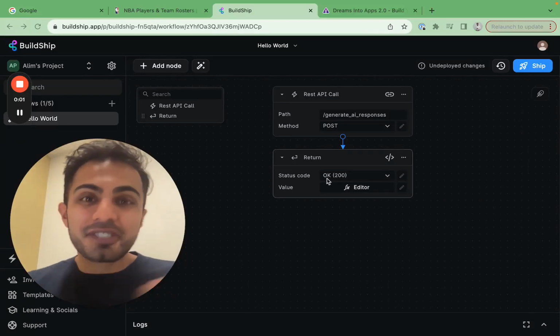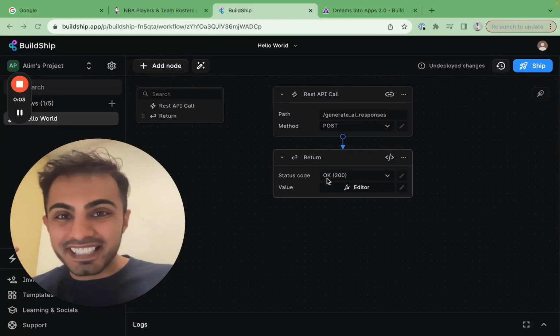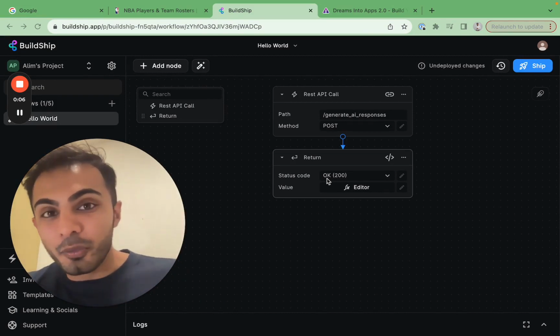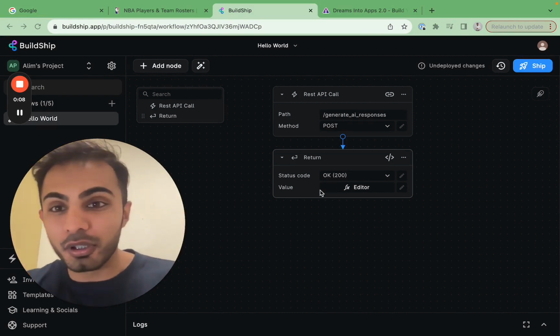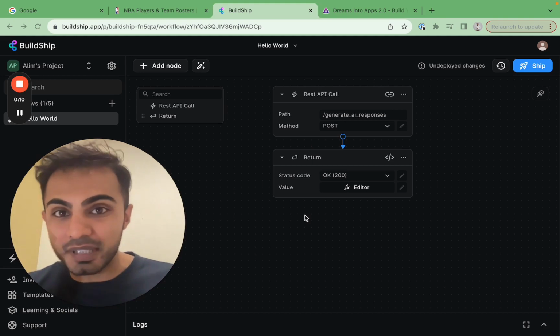Build ship, build ship, build ship. That's all I've been hearing from y'all lately. And now we're going to dive in and start our tutorial on how to use BuildShip to create APIs for